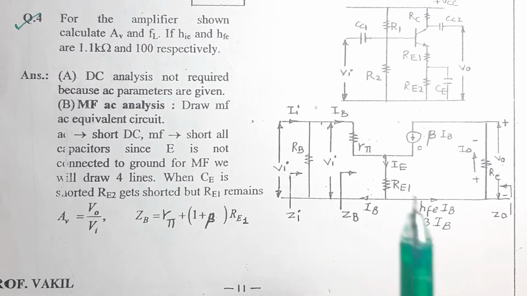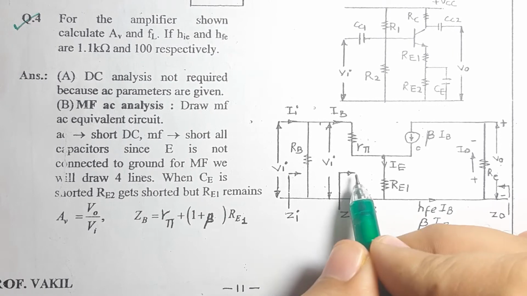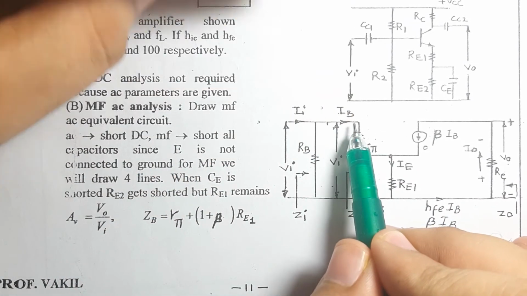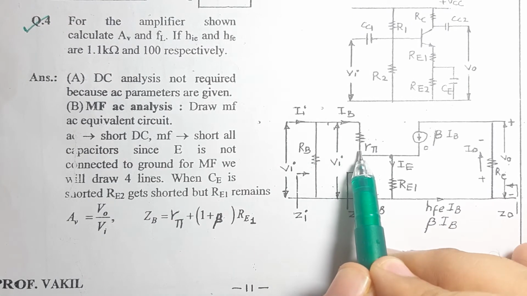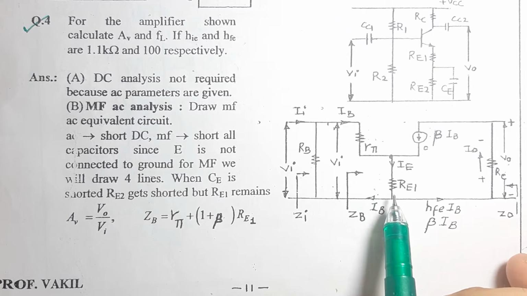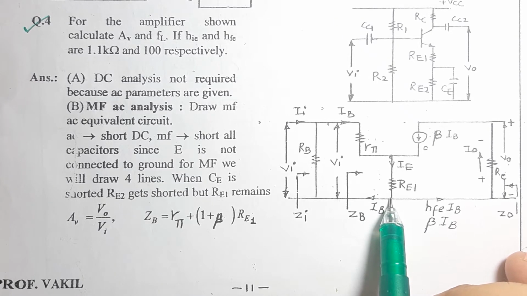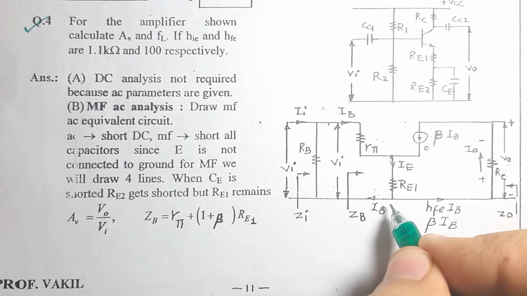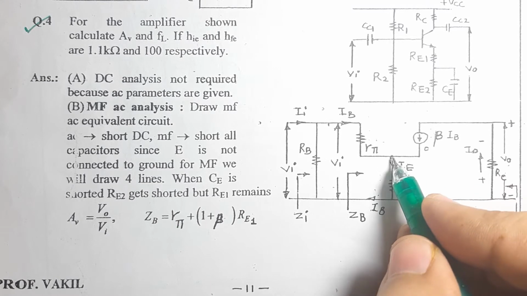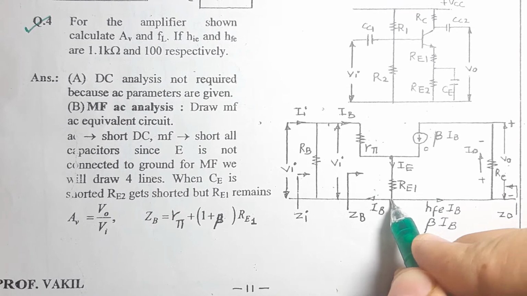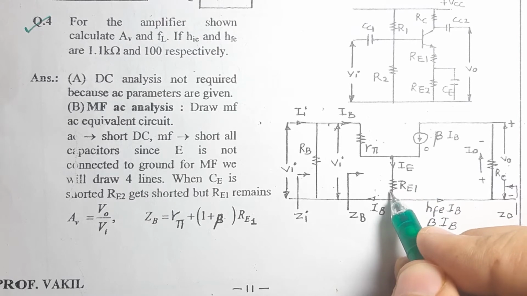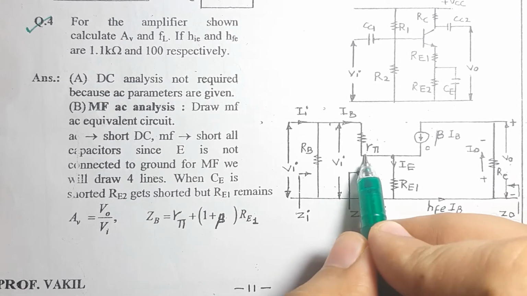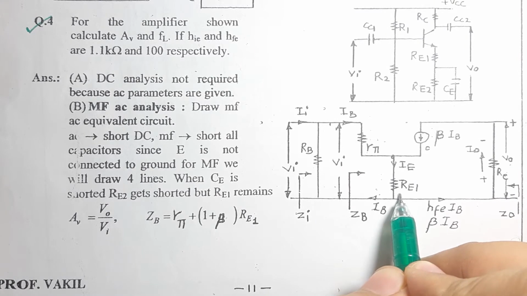Now let us start with the impedances. If you look carefully, you have an impedance ZB. You start your journey from this point and go inside up till this point. Then over here you don't find the ground terminal, so you take a return back and come back to this point. While coming back, you pick up any resistance connected between emitter and ground, and apply that resistance by multiplying it with 1 plus beta, in series with R pi. So the formula for ZB will be nothing but R pi plus 1 plus beta into RE1.